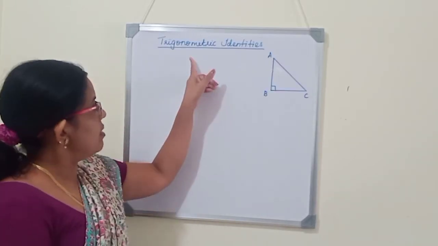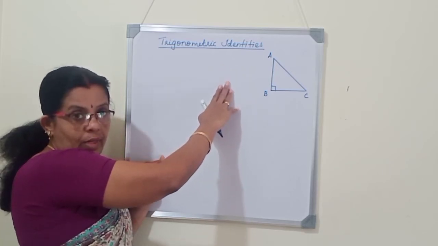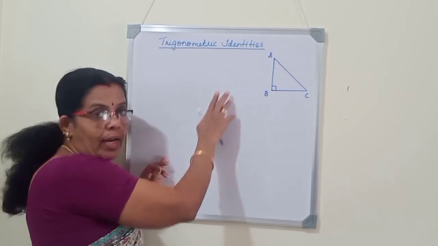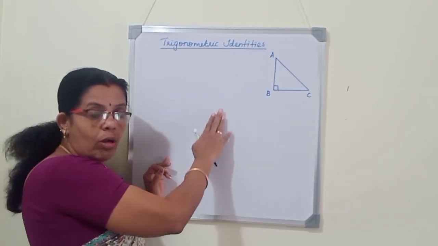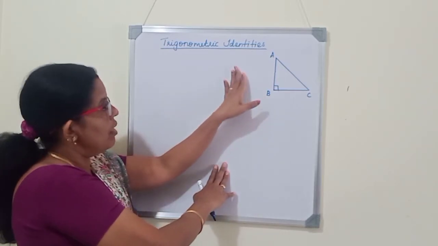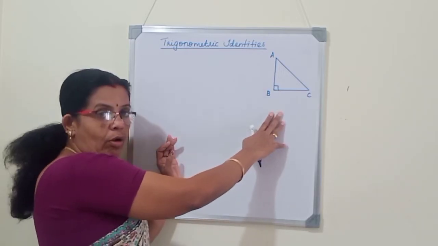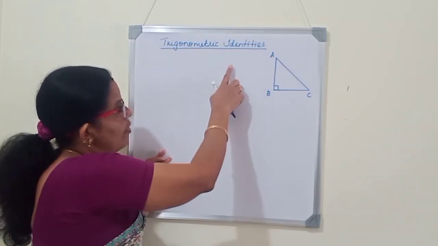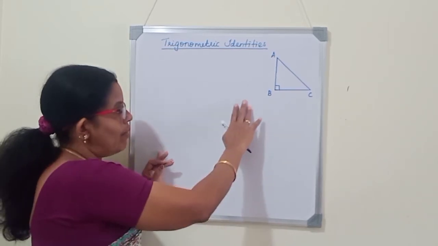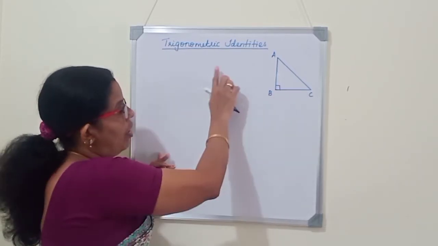Now we will move on to the next topic, trigonometric identities. We have already learned identities in algebraic chapters. So what is meant by identity? An equation is said to be an identity if it satisfies all the values of the variables in it. So trigonometric identities means equations that will satisfy all the angles of the trigonometric values. In this chapter we are learning mainly 3 identities. Let me derive the identities. Derivation you don't have to learn, you just have to learn the formulas for identities.